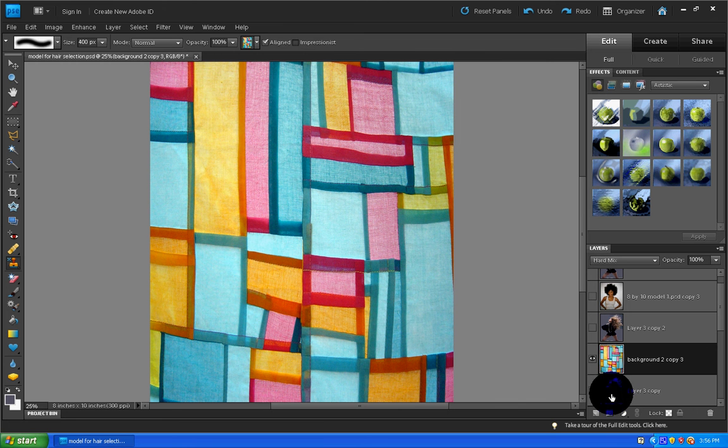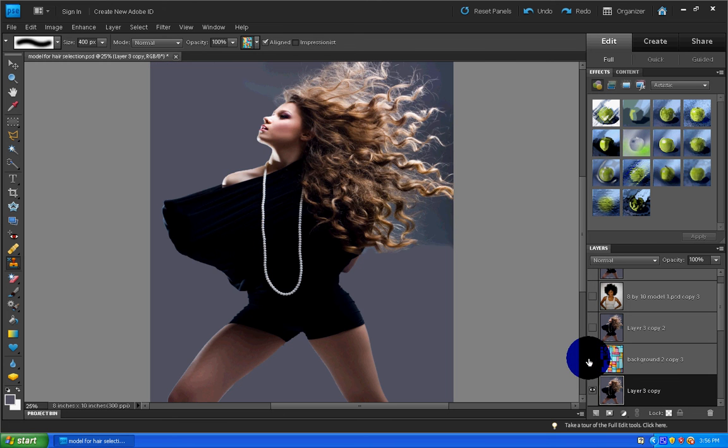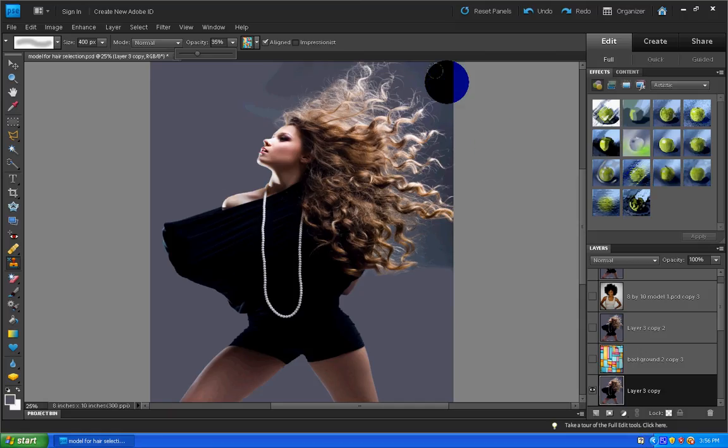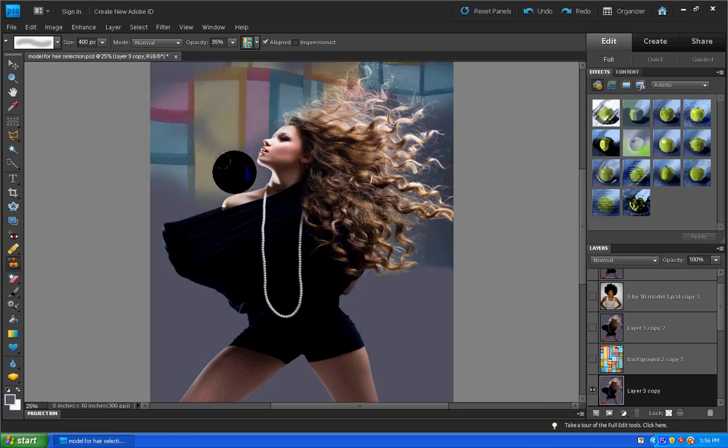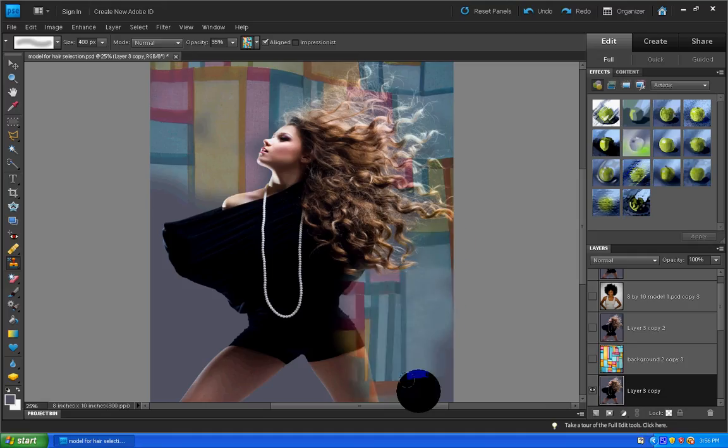and then I'm just going to find an opacity that will protect the hair while getting rid of most of the color. So I'm going to go normal at 35%, and I'm just going to paint in that new background. Again, as you can see, it's pretty easy to do, and it's not doing too much damage to her hair, and of course I'm making sure that I don't go in too much, but that's basically how you do it. Okay,